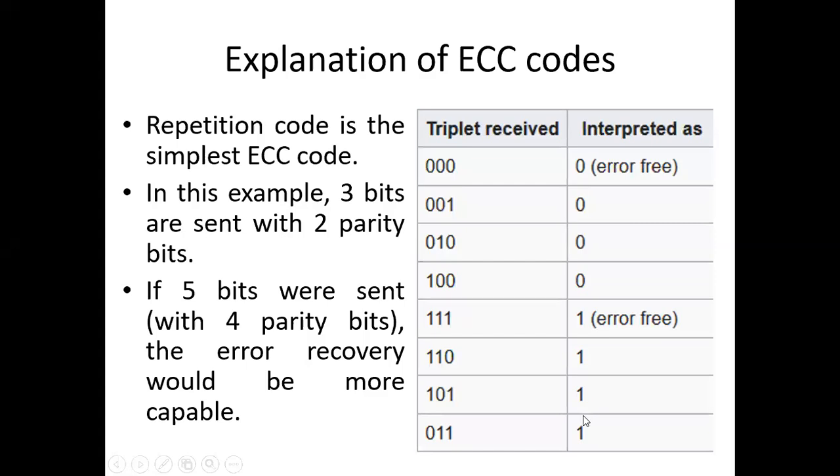So you want to just transfer 0 and 1, but instead of a single bit, you send 3 bits, and with 3 bits you have 8 combinations. The first 4 combinations represent 0, and the last 4 combinations represent 1. Now some bits can be flipped on the way. So when you're sending 001,